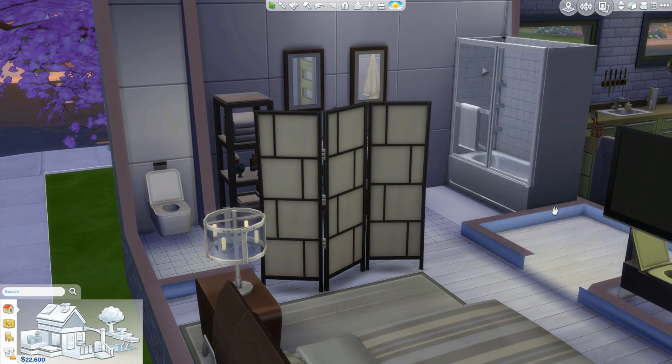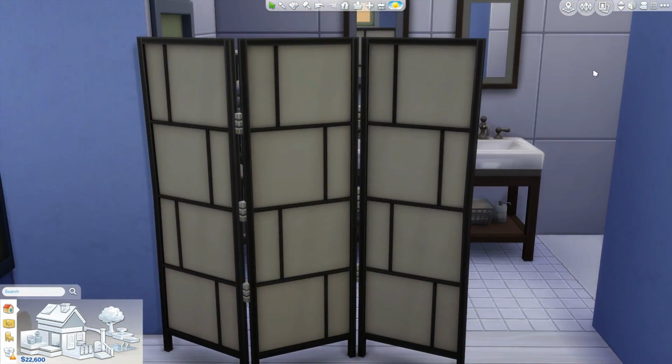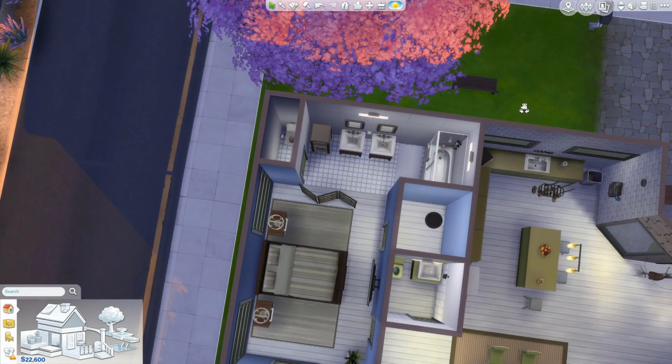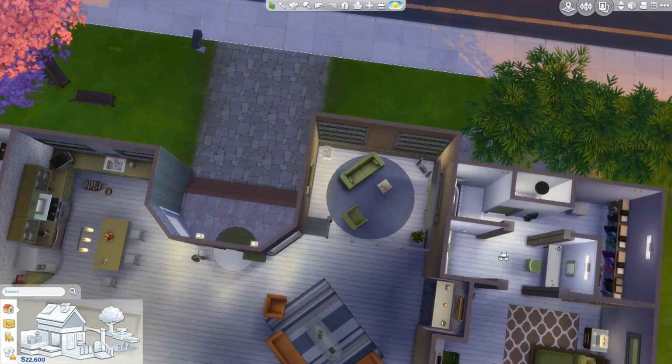And this room here is just a closet, so I'll put the wall back up so we can just get a look at how that appears. So then, on the other side of the house is...